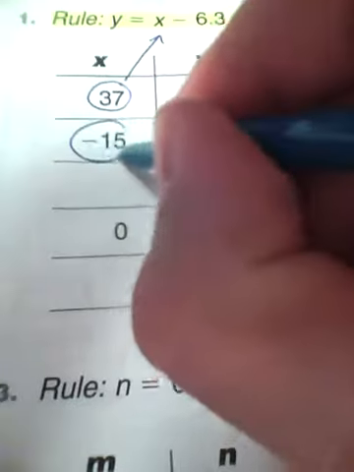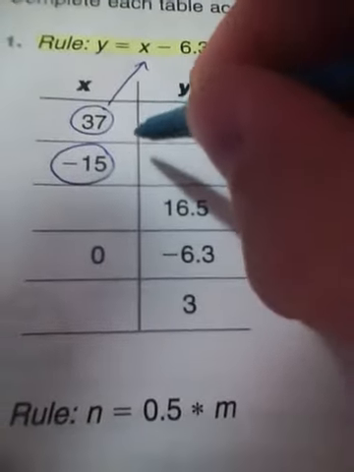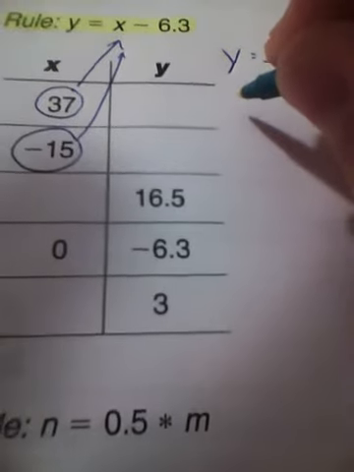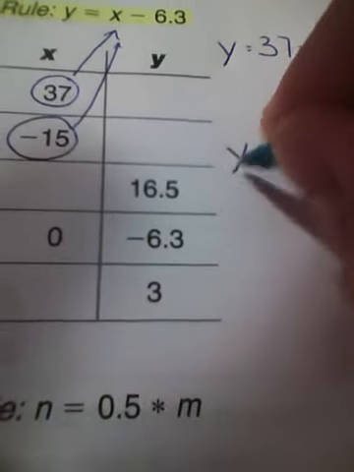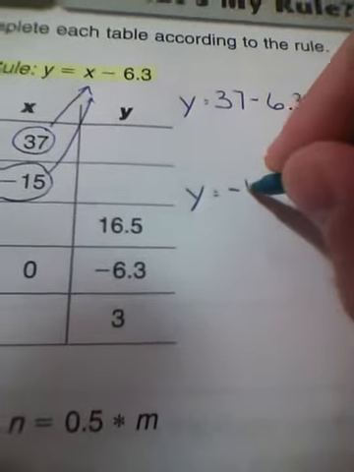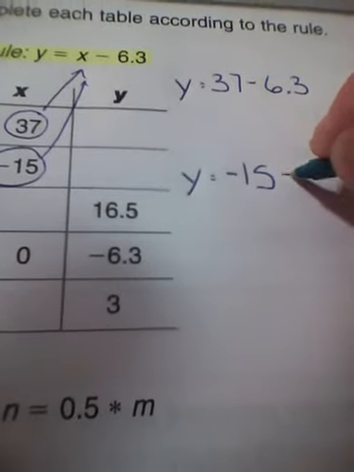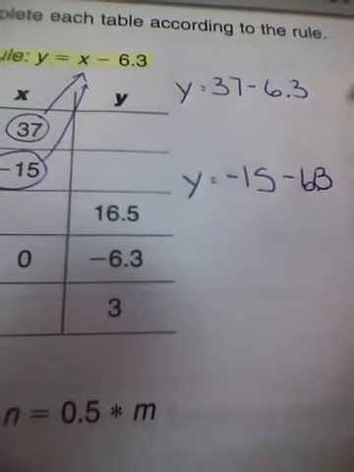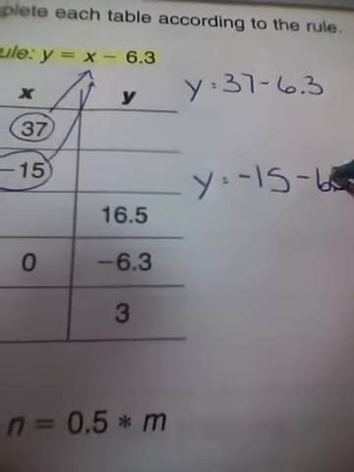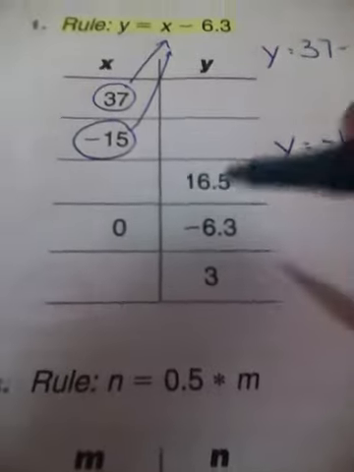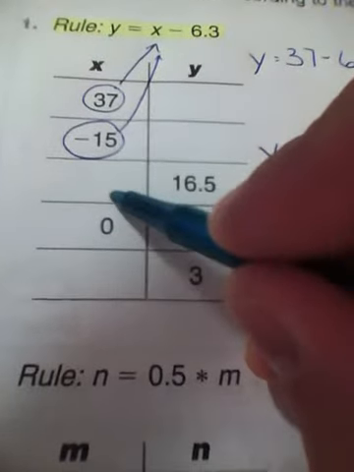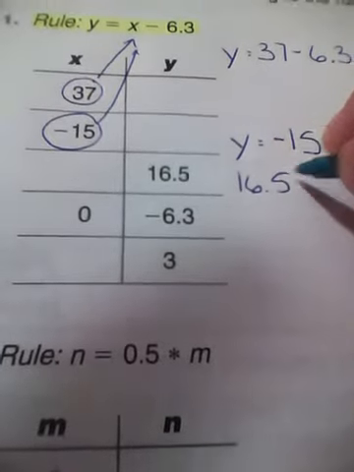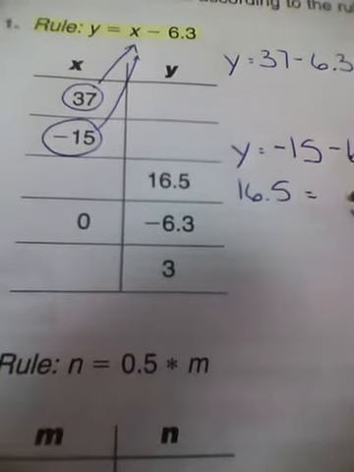Uh-oh, I have a negative. This says x is equal to negative 15. So now I have down here y is equal to negative 15 minus 6 and 3/10. Sorry about that, that's a 6 3/10. I get down here. Oh, I don't have an x. I have to find x, but I do know the y is equal to 16 5/10, which is equal to